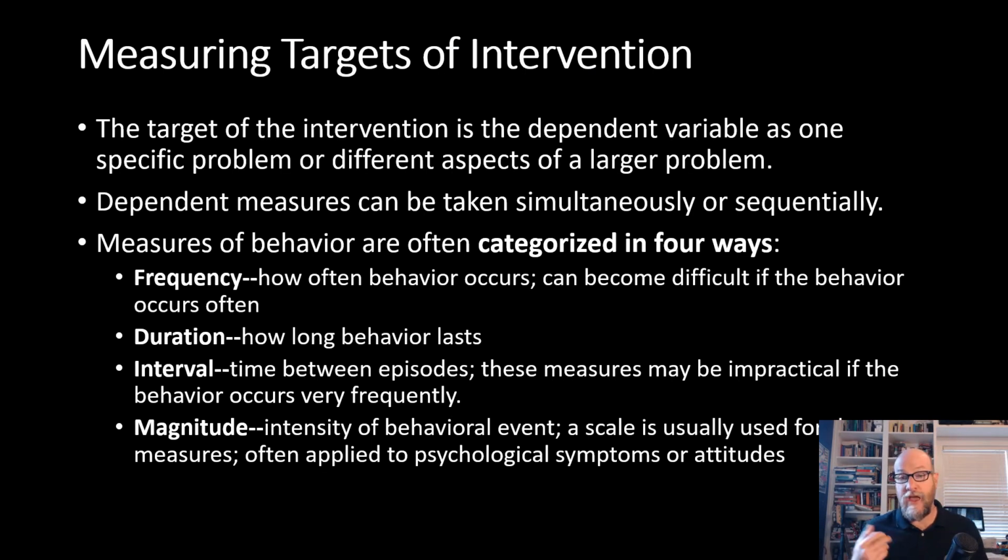So we have to measure the targets of our intervention, right? These are sometimes called the target problem, the target question, or in this case, we can think of it as the dependent variable, the outcome. So it can sometimes represent a larger problem, or sometimes there's multiple dependent variable measurements. So let's take the case of Sam, for example. In Sam's case, there were 3 behavioral measurements that were taken sequentially, and these all involved levels of aggression exhibited